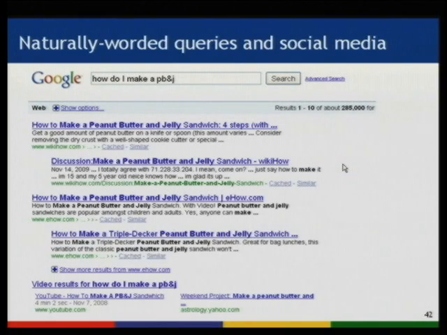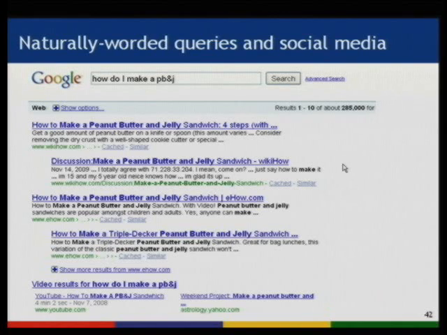So, for example, if I type, how do I make a PB&J, Google's pretty smart about expanding that out to peanut butter and jelly somehow. But you also see matches of various forms to this question-like query, including video hits, which is new, which I liked. So you can ask how do I questions on the web and also often find answers. And of course, for us technical folks who are always looking for how to do something with software, you tend to write very long queries to try to figure out how to program something. And you find the hits in the forums that discuss how to program various systems.